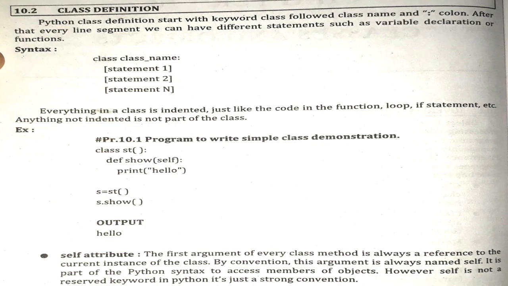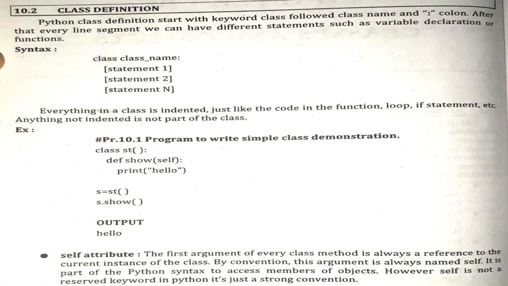then we use a colon. After that, in the st class I want to create one function. As we all know, a function is created with the help of the def keyword. So inside the st class we have the show function. How is that function written? def space show, in round brackets, self. Now it is again very important: just consider this as part of the syntax. Whenever we create methods inside a class, we should provide the self attribute. That will always be your first parameter.